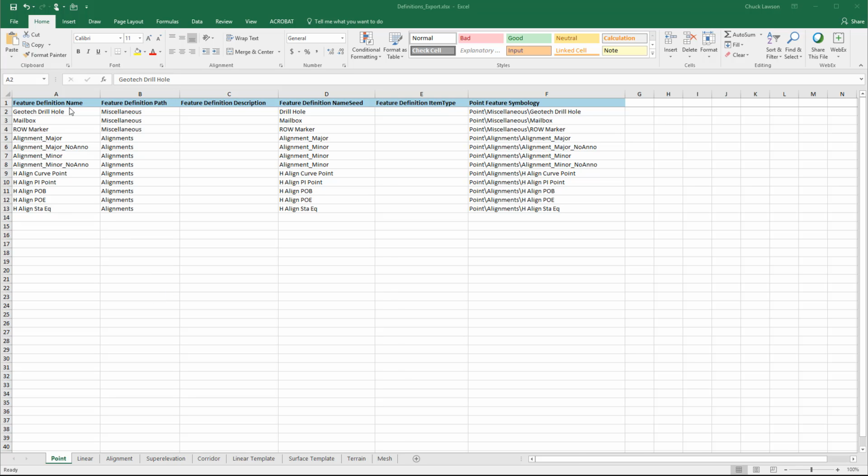We have the name of the feature definition that came over from Select Series 4. We have the path of the particular feature definition for the point feature. Then we have the feature definition description, which is new and it's going to be blank in our spreadsheet. As a starting point, you may take the name and copy it over to the description column and then revise that even more if you would like. For example, if you want to remove abbreviations, spell those out, this would be a good place to do that